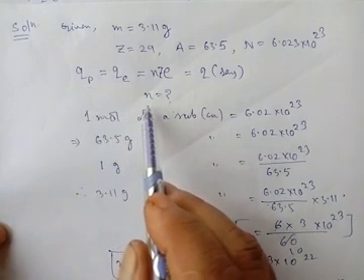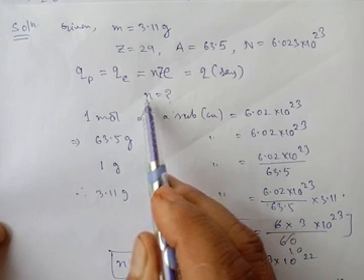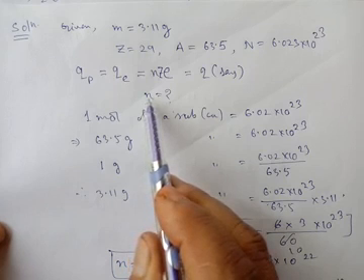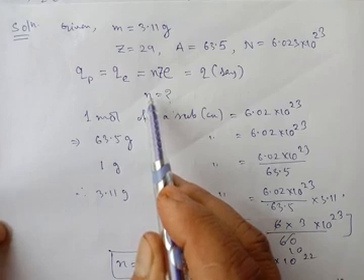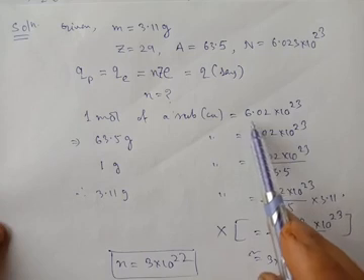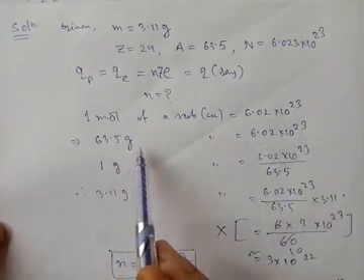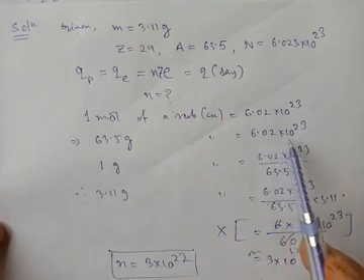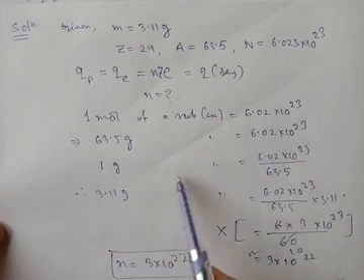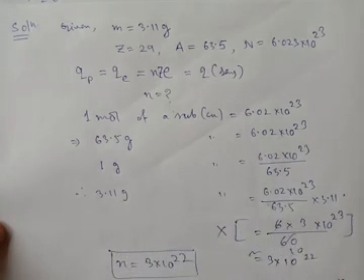So what is our job now? We have to find out the total number of protons or electrons in the given mass. So you know 1 mole of a substance, that is copper, is equal to 6.02 into 10 to the power 23. So 63.5 gram of the copper is equal to this much. Okay, so 1 gram will be this much, and 3.11 gram is equal to this much.